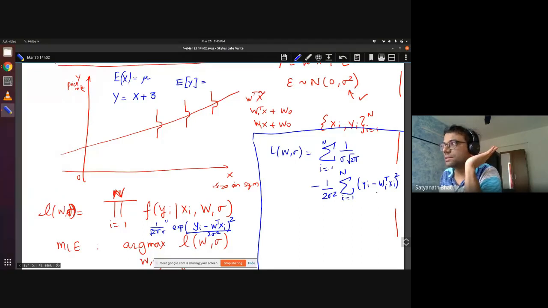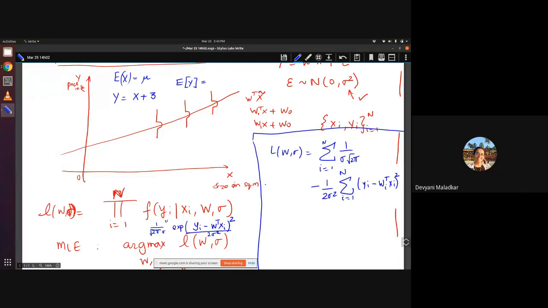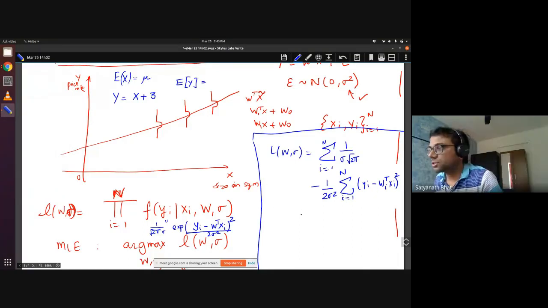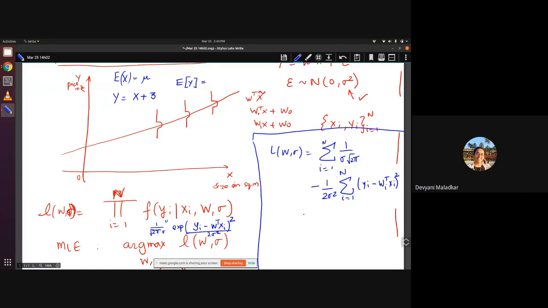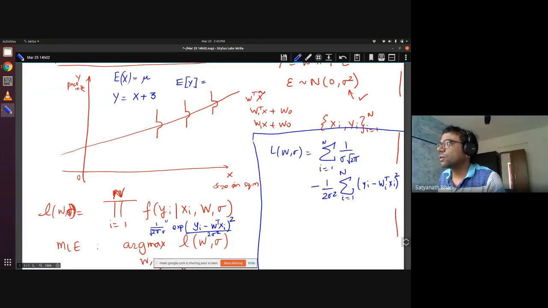Right? I think I have done everything correctly. Okay, so now summation. Sorry. It's a log of 1 upon sigma root 2 pi. Log of where log comes? Oh yeah, here. Sorry. Yeah.